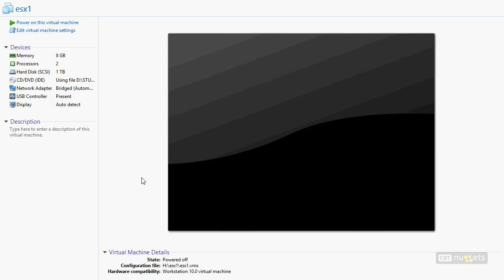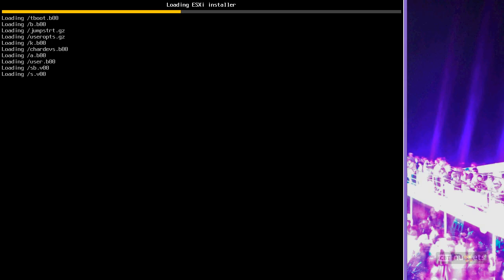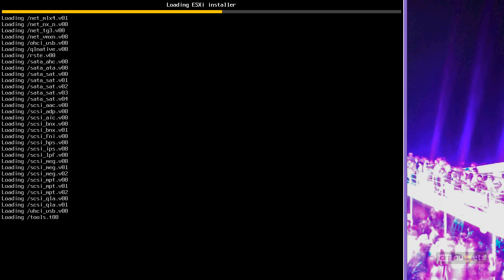When this is complete, the next step in the process is to actually power on the virtual machine. Once we power on the virtual machine, you'll see that we've got an installer here. The installer is going to give us some options for how we want to build the VM and a few of the very minor configurations. But more so than anything, I think you'll be impressed at how little there is to configure as part of